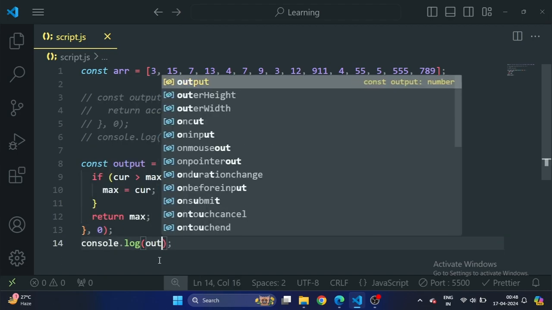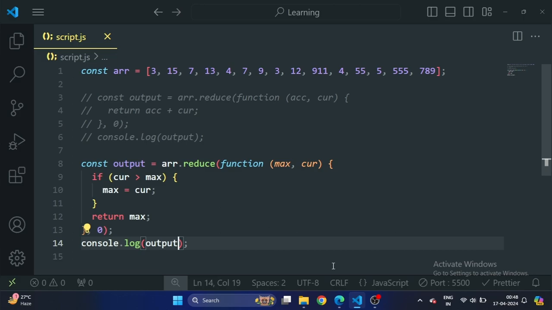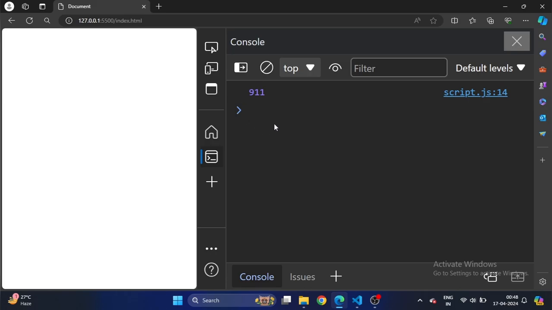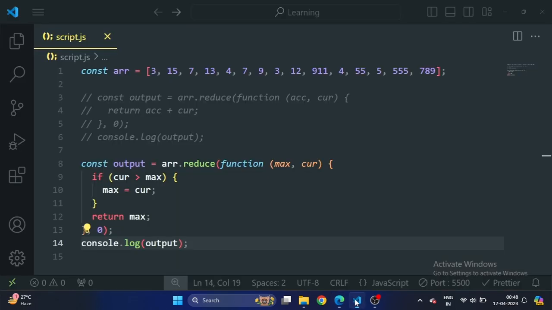Let's console output, save it and see the result. So 911 is the largest element in the array. You can see 911.